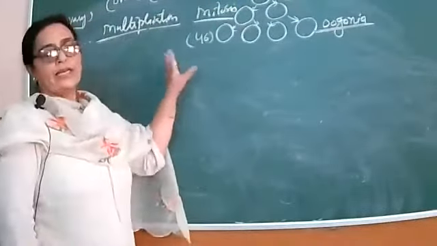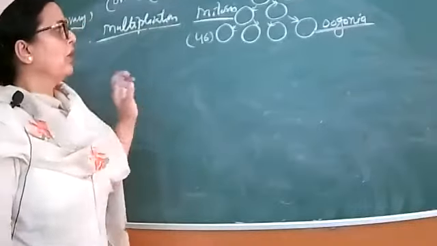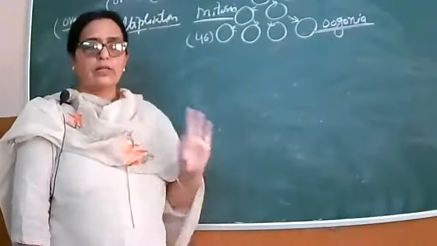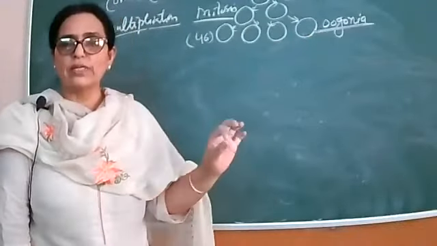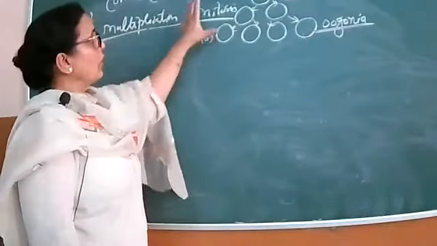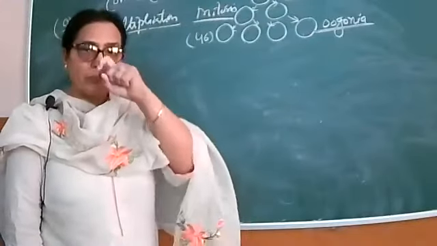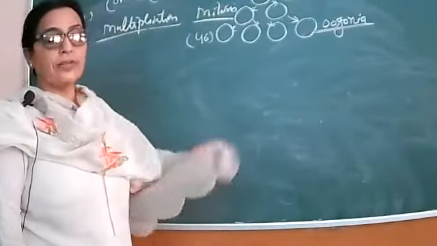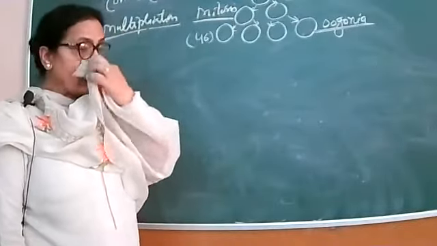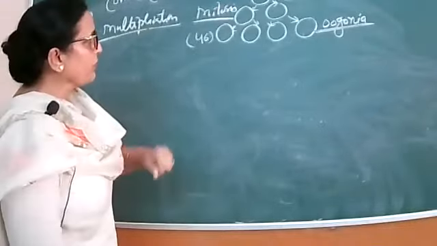Now, when the female is born, millions of oogonia are present in the ovary. Afterwards, no oogonia are added. This is a major difference, because all these changes take place at the time of the development of the fetus itself in females, while spermatogenesis starts at puberty in males. So this is a major difference.